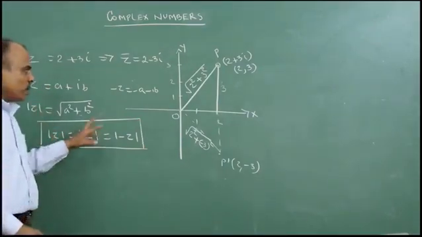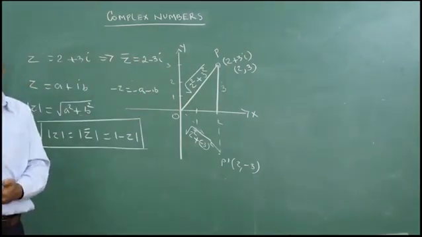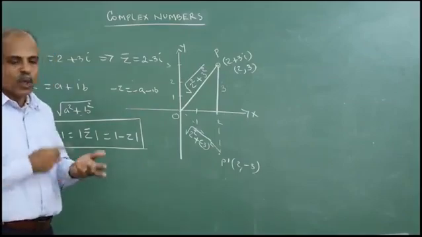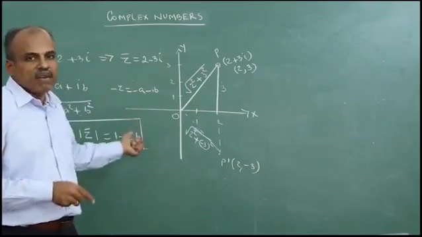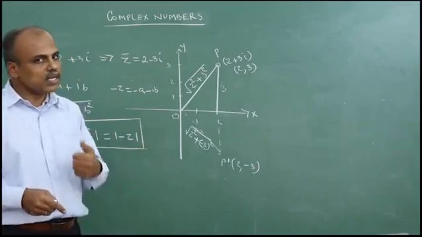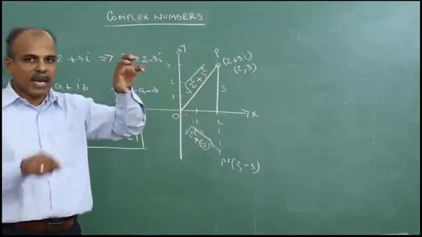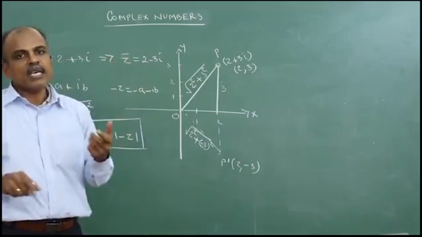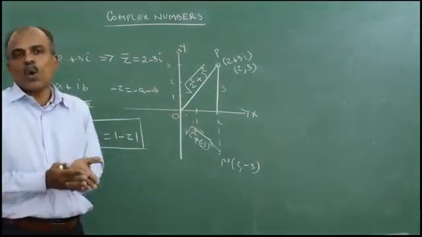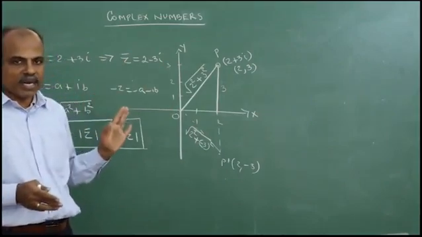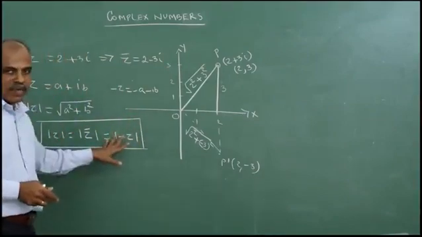So the conjugate part is over, the modulus part is over, and how to plot is also over. Then the algebra of complex numbers. What all does it satisfy? Closure property, associative property, commutative property, additive inverse, and additive identity. What is the additive identity? The additive identity is 0. Any real number can be expressed in the form of a complex number. 0 is nothing but 0 plus i0, so 0 itself is a complex number. So the additive identity is 0, and the additive inverse is minus z.